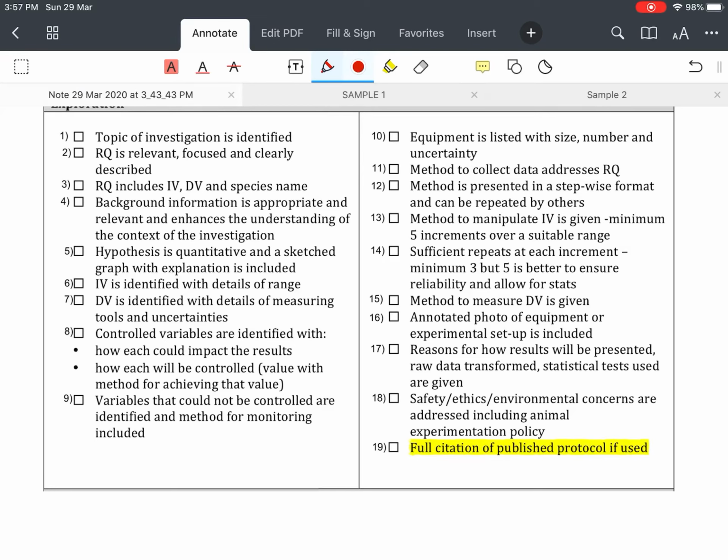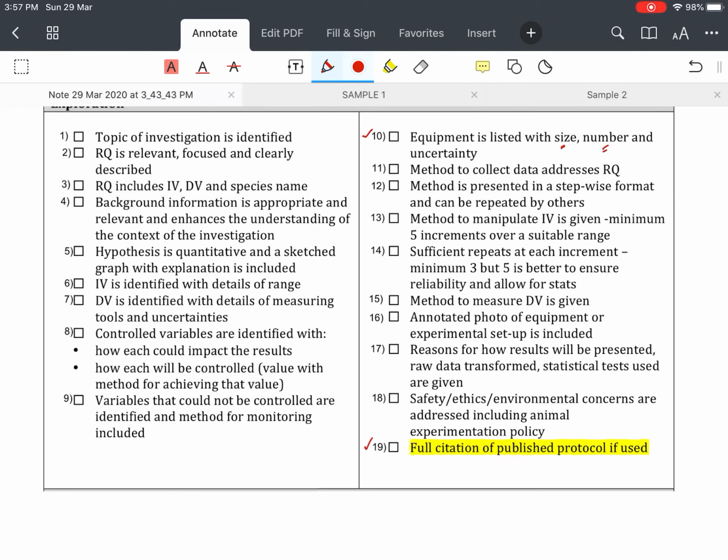Hello everyone. So this is part 2 of exploration. We are going to cover points from 10 to 19. We covered from 1 to 9 in the last video. So the point 10 is equipment is listed with size: 100 ml beaker, 200 ml measuring cylinder, whatever